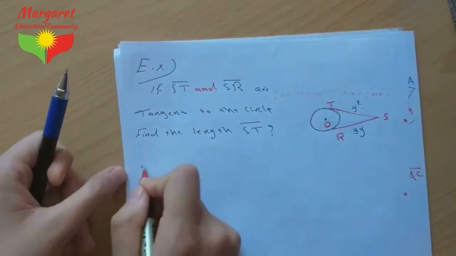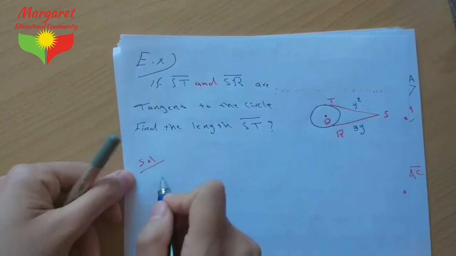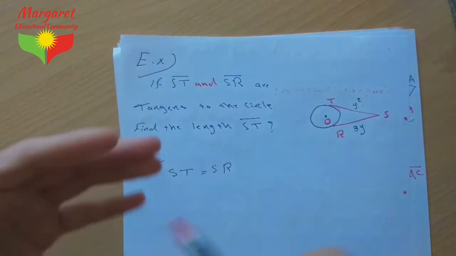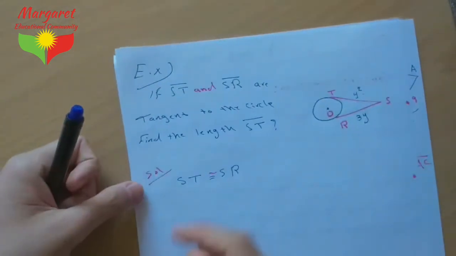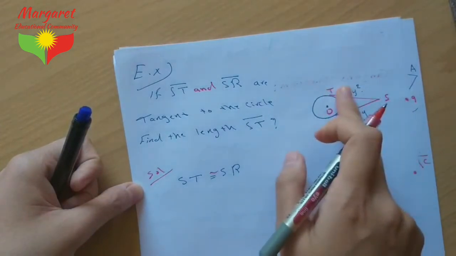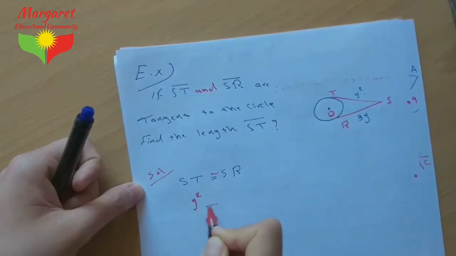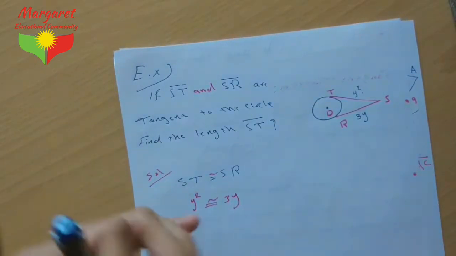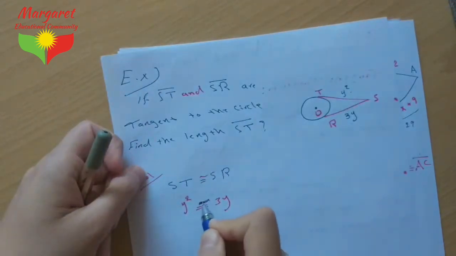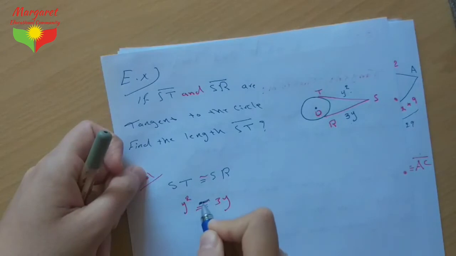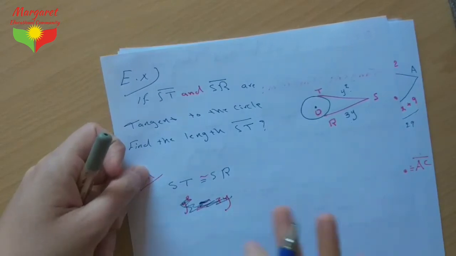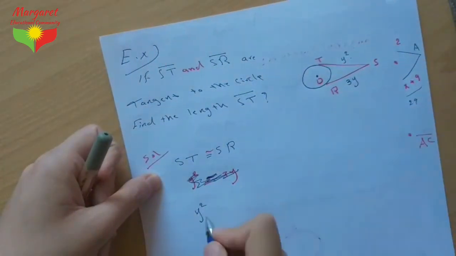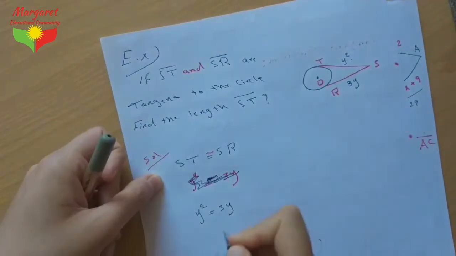Solution. ST equals SR, or congruent, sorry. ST is y square, SR is 3y, sorry. The length ST is y power 2 and the length SR equals 3y. You must put in